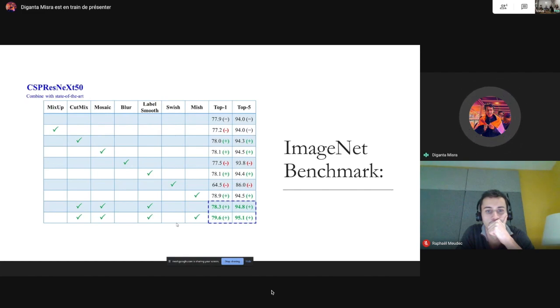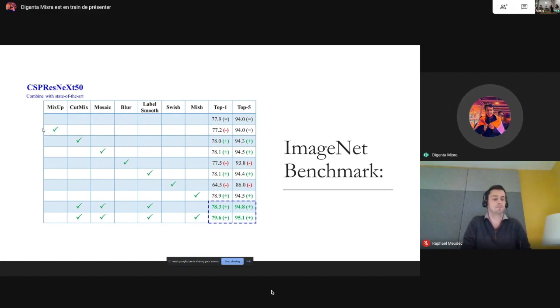So this is a ResNeXt 50 model, a very common architecture used in a lot of domains. So here what we did is we basically combined some other state-of-the-art algorithms which can boost performance along with Mish. This one, which doesn't use Mish, is the default architecture, which is using leaky ReLU. So for leaky ReLU, the default accuracy is 77.9%. Then we just tried using some different tools or processes that can improve our accuracy.